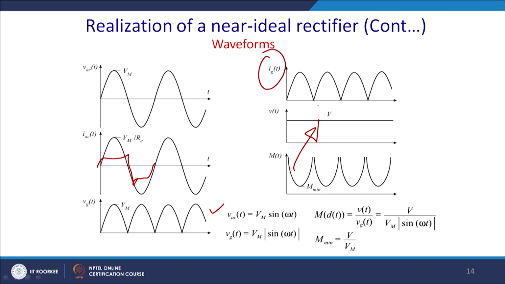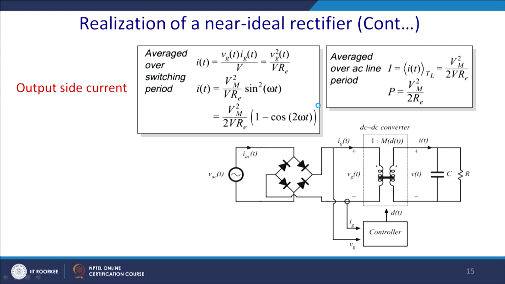So, what is the advantage of it? The advantage is that you do not have a problem of all the nasty power quality issues that come into the picture due to the AC to DC conversion. So, can we have it? That is a challenge. So, let us define some parameters and expressions, and we will continue our discussions in the next class.